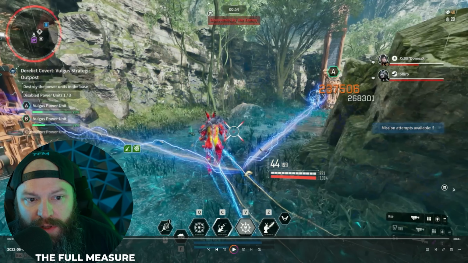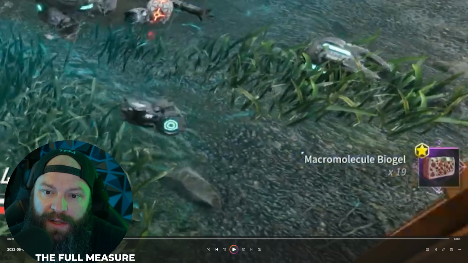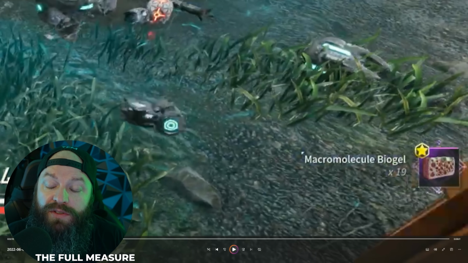But the point is, I got lucky here. These guys were just about to start one, so I jumped in and I started putting it down on these guys. And there we go, we get a second. So I was super lucky here. Both outposts gave me the item that I'm looking for, but there we got another 19, which is almost enough